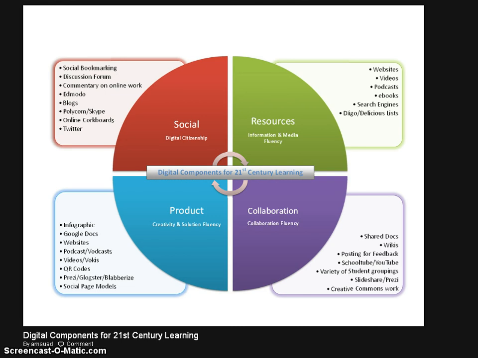Another section would be on resources. So this would be information and media fluency. This would be where the kids are learning to use websites and videos, podcasts, ebooks, different search engines, Delicious and Diigo lists, and all the various ways that they would sift through that information for the context that they need. The third one, collaboration, is its own fluency, and that would have to do with working with other